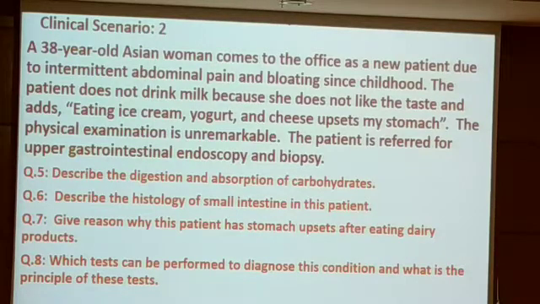Okay, I'm going to start from the side of the lumen. First of all, we have the microvilli, which increase surface area for absorption. And then we have the villi. After the villi, we have the epithelium. We need to also know what type of epithelium, so it's simple columnar epithelium. Then we have the connective tissue, which is the lamina propria. After the lamina propria, we have muscle, the muscularis mucosae, and then we have another type of connective tissue, which is called the